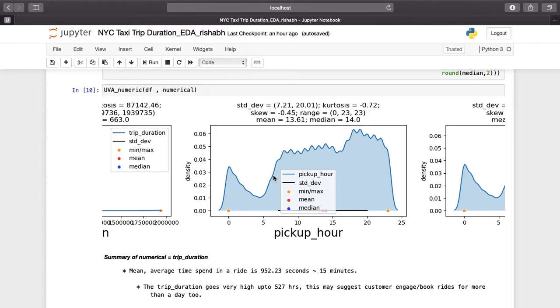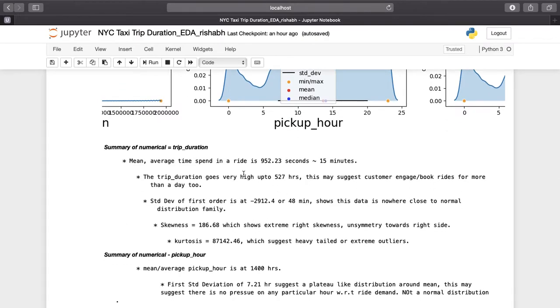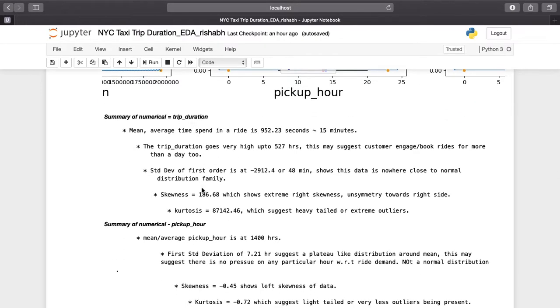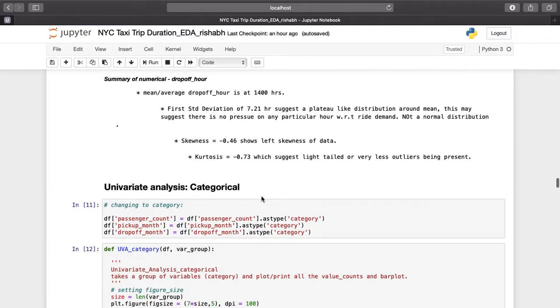So I have taken out pickup R as discrete values, and that's why you can see that mean is 13.61, standard deviation is this, kurtosis is negative, skewness is also negative. This data is not close to normal, but it is okay not to be normal. I think I should have treated this as a categorical variable, which I'll do later on. However, whatever the observations which I found, I wrote them down here. They can be read later on.